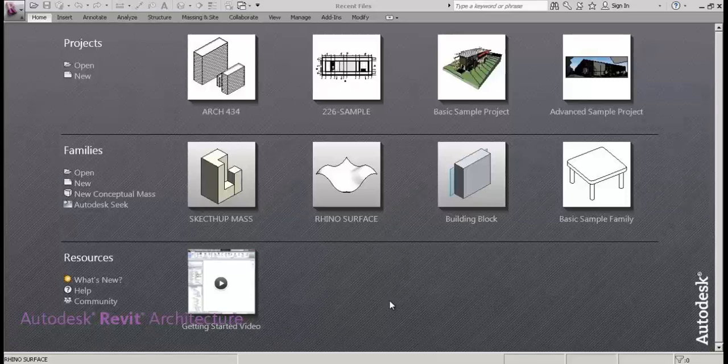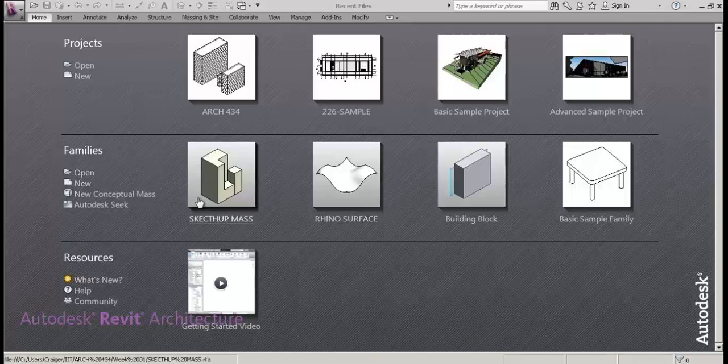In this tutorial, we're going to go over actual modeling in the Revit environment. In the last one, we showed you how to bring in your data from Rhino and SketchUp. DWGs will be the same type. So in this case, I'm going to make a new family, and I'm going to start in the generic modeling